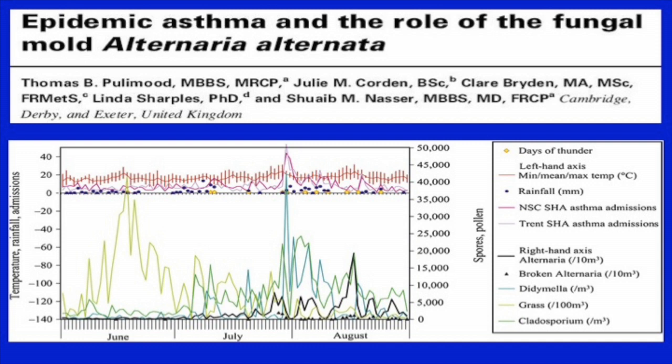And we now understand that thunderstorms cause both the dispersal and uplift of air allergens on the ground, and they also cause spores to rupture, causing the release of very small particles which more easily penetrate the small airways. And you'll see that they found that the peak surge in this level of Didymella, this blue spike here, coincided with a very significant increase in exacerbation rates. It's been well known for some time that if you're sensitised to Alternaria, you are at risk of seasonal severe asthma with a higher likelihood of intensive care admission.